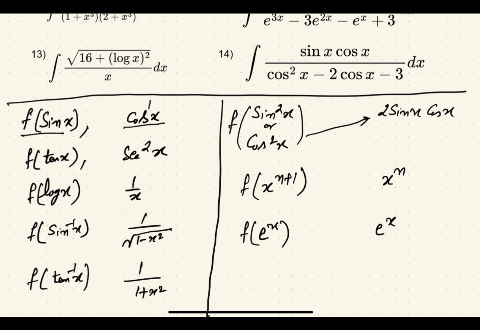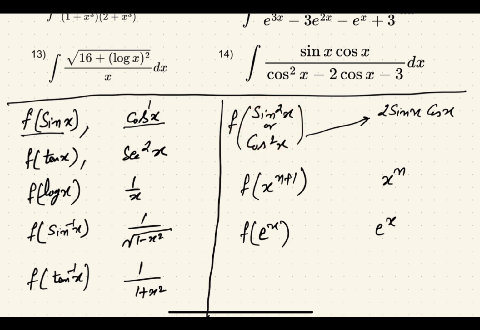Here in case of tangent inverse x, 1 plus x square in the denominator. Okay, and here you have 2 sin x cos x. This in the numerator, this in the numerator, this in the denominator. And here this can be anywhere in the numerator or denominator, and you have a function of this